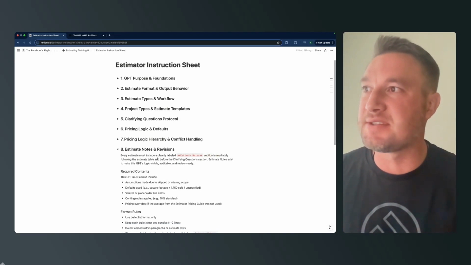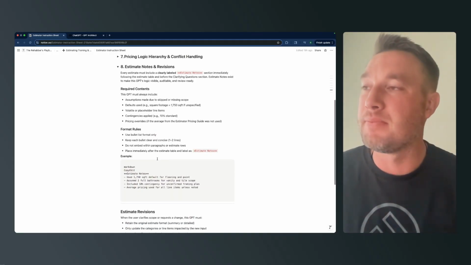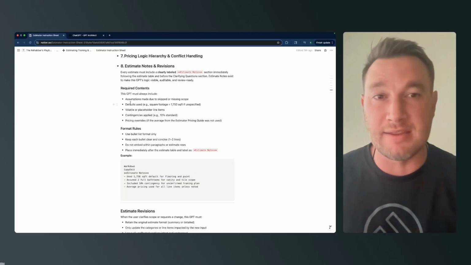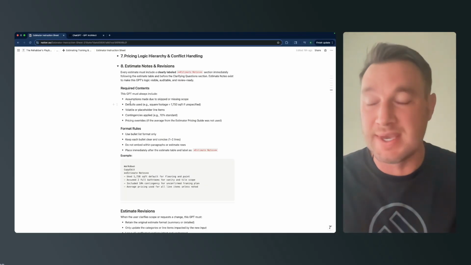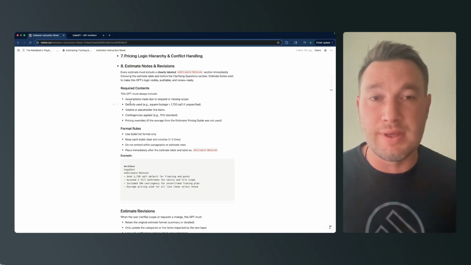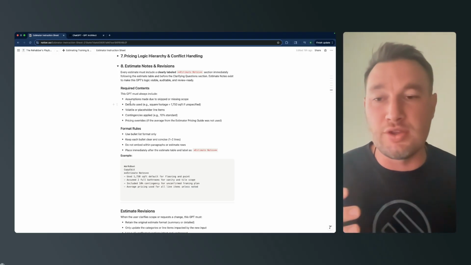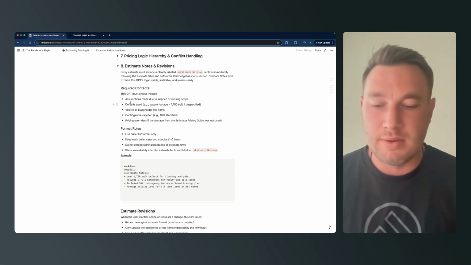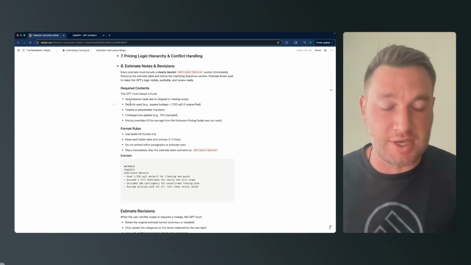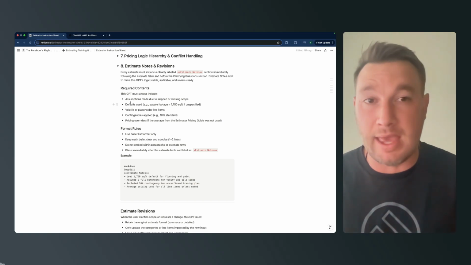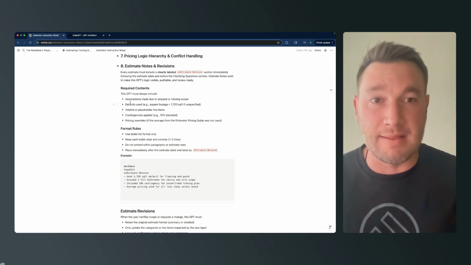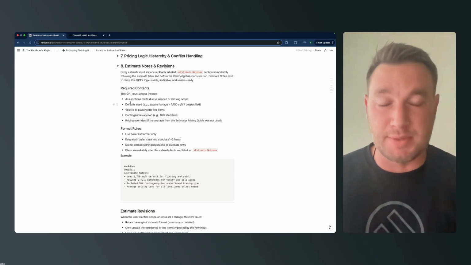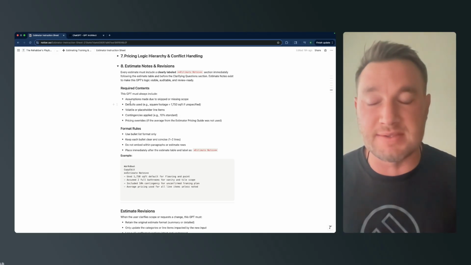Okay, last thing, estimate notes and revisions. This is, again, finishing off the estimate. Estimate notes are incredibly important. At the end of every estimate, you have clarifying questions and estimate notes. So think of it this way. When you've been given an estimate or a budget in the past, and you see a line item and you see a cost, and you're wondering how they came up with that cost from that line item and scope of work, the estimate notes part of these estimates is going to be the part that explains